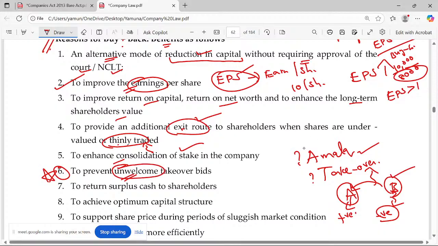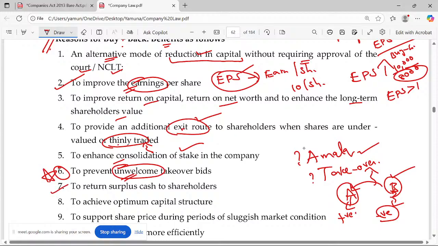To avoid these unwelcome takeover bids, because of small shareholders holding small amounts of shares, I buy back the shares from them. If you are in share trading, then you go for buying the shares or you go for not buying. If you go for selling the shares, sometimes the law says that the limit is reached, because too much selling of shares will lead to unwelcome takeovers. That should not be done. It's not good for the company, not good for the life of the company. At one point of time, the company will be suffering from some other cases. So what SEBI does is it puts a limit on the trading of shares. That's what you call quality trade.